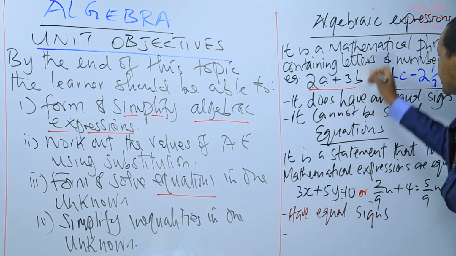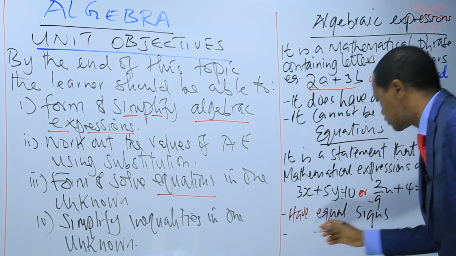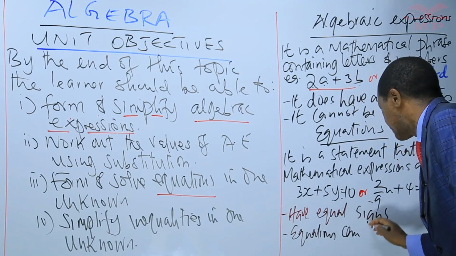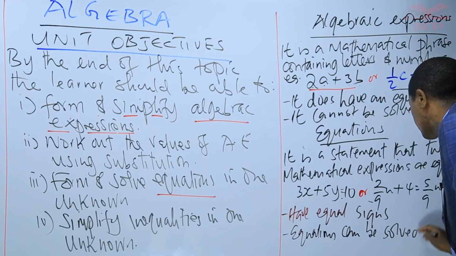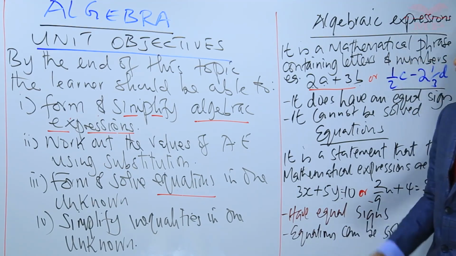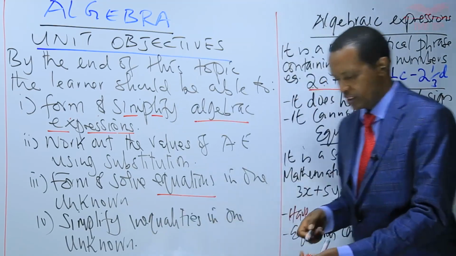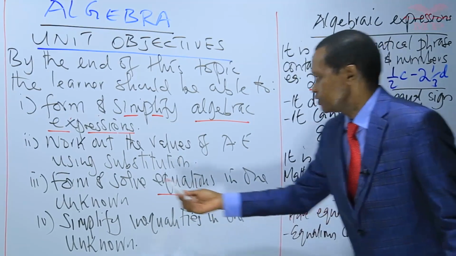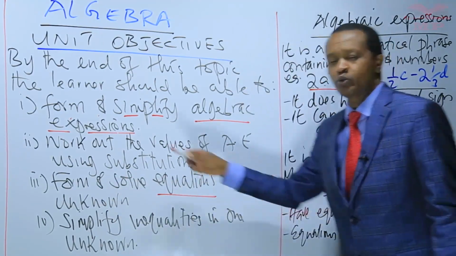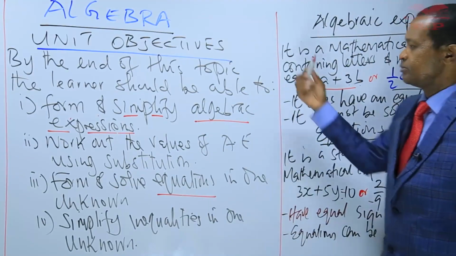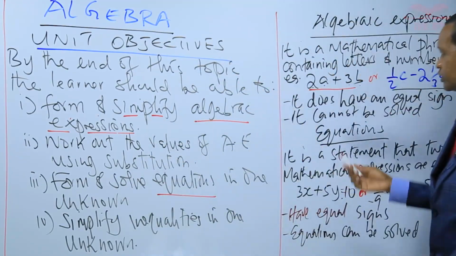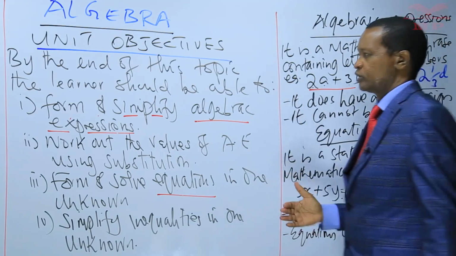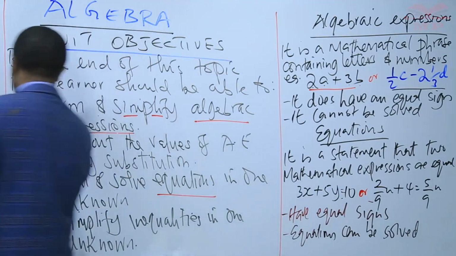Equations, unlike algebraic expressions, can be solved. That's why in achieving the third objective, we will seek to form and solve equations. So equations can be solved, but algebraic expressions cannot be solved. So this is a very important distinction to make before we get into our first lesson, which in this lesson